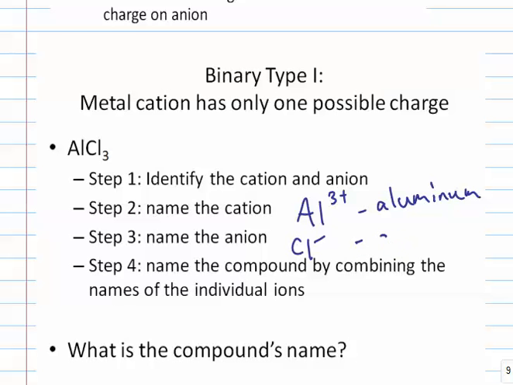And so we're going to name this anion chloride with the -ide ending, indicating that this is an anion. And now we are simply going to combine the names of the ions, always beginning with the cation, that is, with the metal. So we'll name this compound